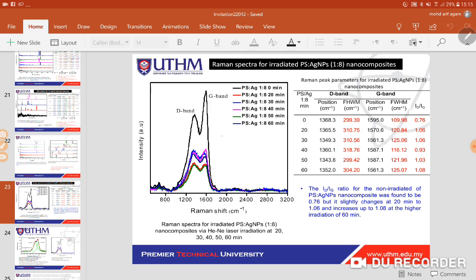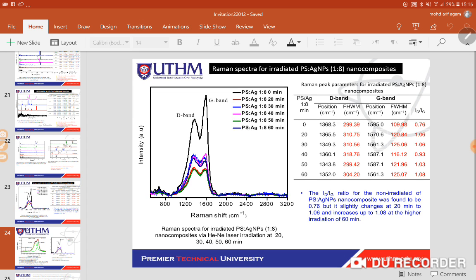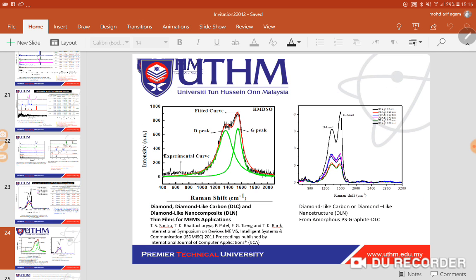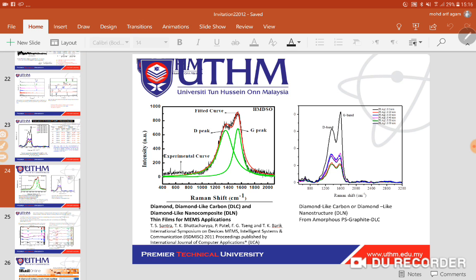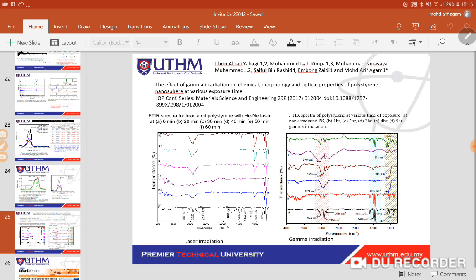At the 60 minutes you can see that we got the D and G bands seem like level, meaning that they are really crystallized. So there is huge potential for this kind of tuning. So just like diamond-like carbon, that can be used for MEMS application for electronic devices. That is what we are looking at, meaning that I didn't have the time to report the energy gap, and